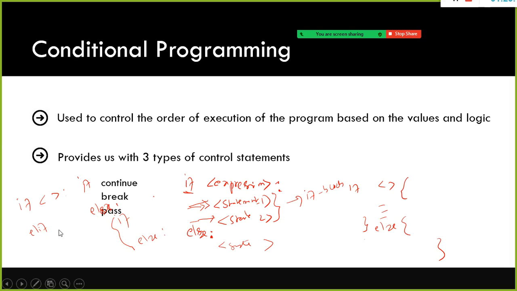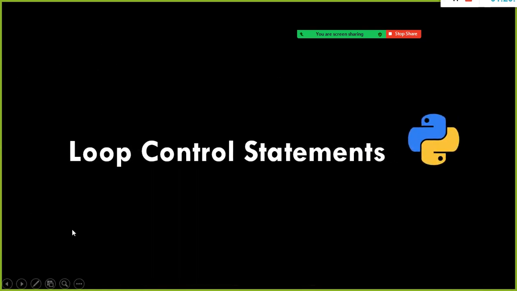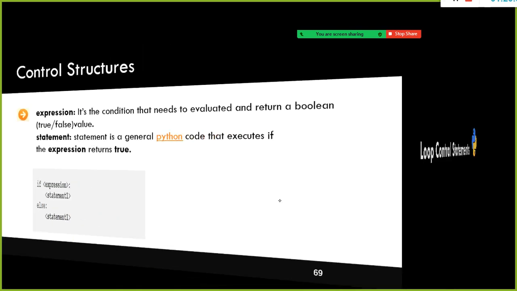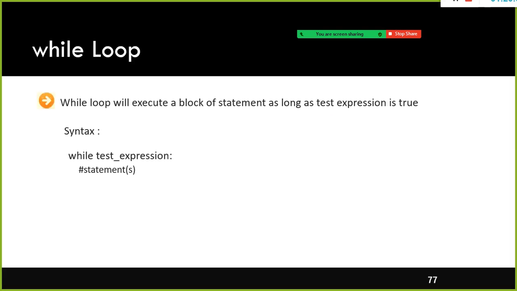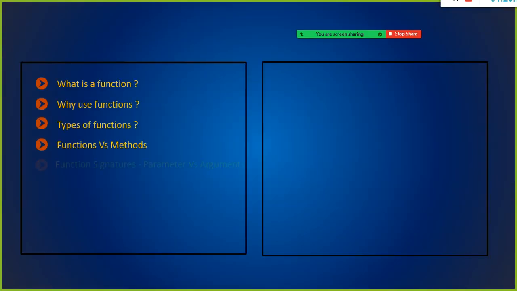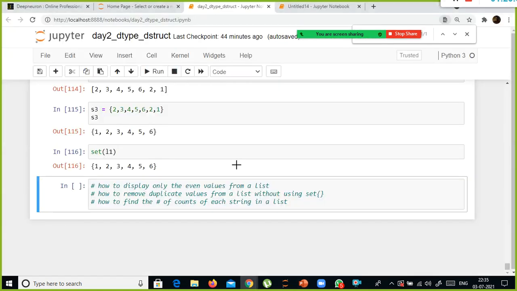And also we have something called the ternary operator. One second, I remember something called the ternary operator. Okay, I jumped directly here. We have something called the ternary operator. In that case, what happens is, it is something like this: if the expression is true, then print the result here. Again, the keyboard problem. Okay, I will jump into this one.